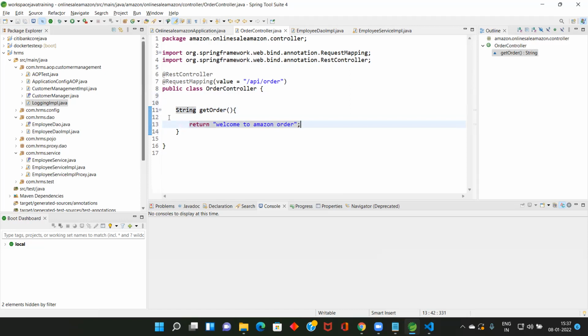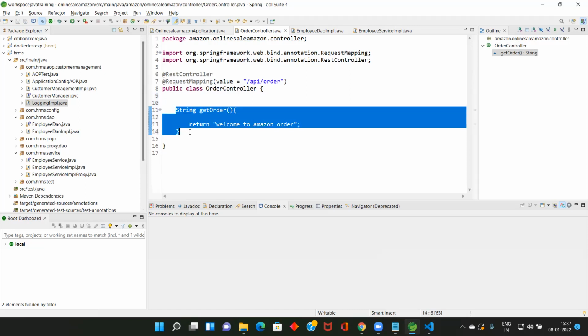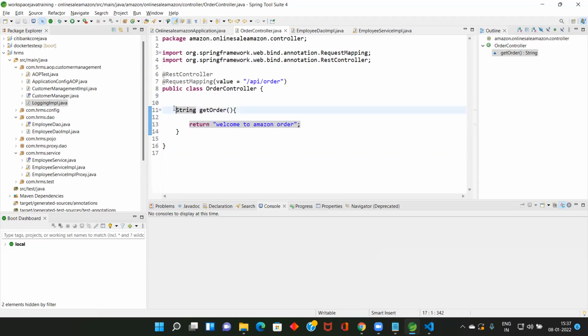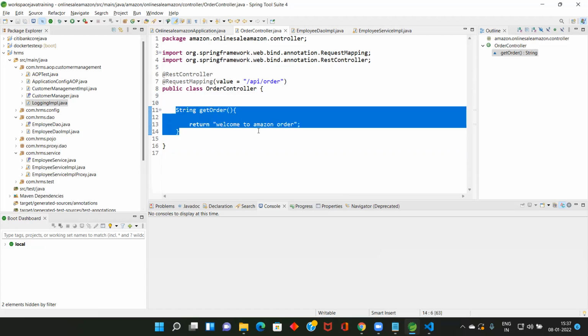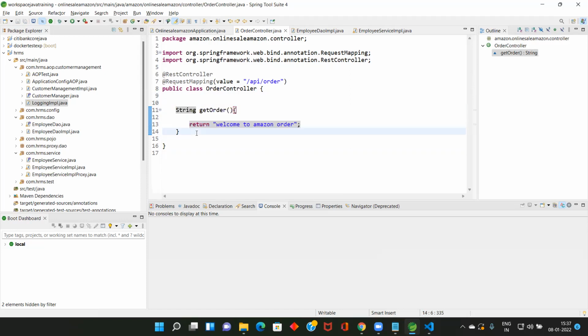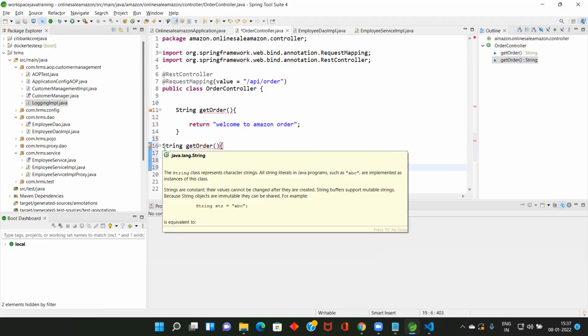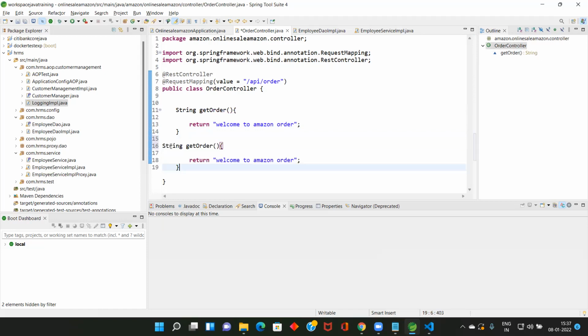Okay, so I wrote one method. I wrote another method, saveOrder.